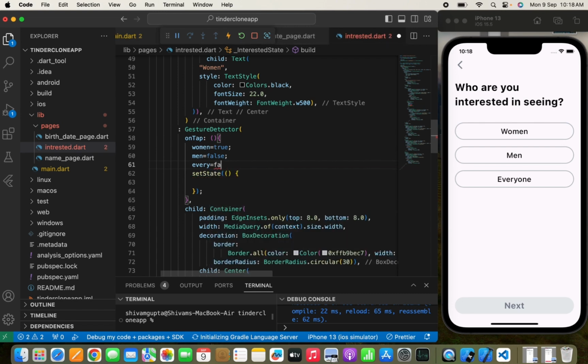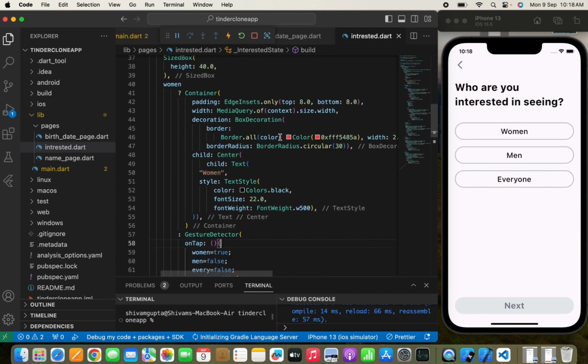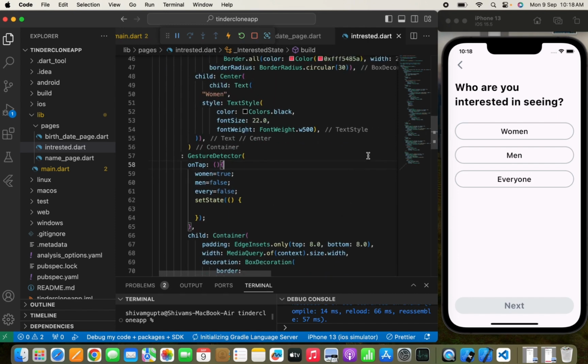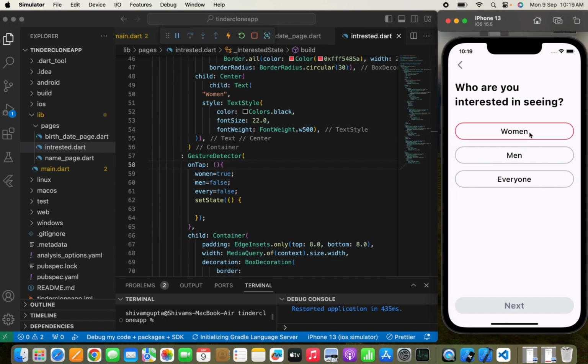Yeah, sorry, false. Yeah, after this we need to also change. Yeah, it is okay. I think so, it is okay. Now let's hot restart the app, and when I tap this woman option, here you can see